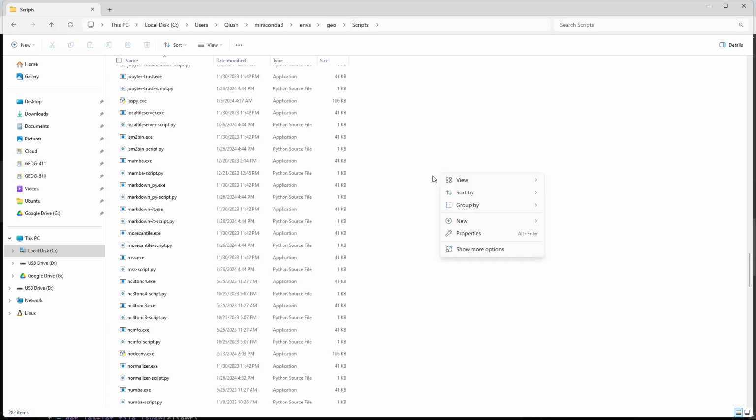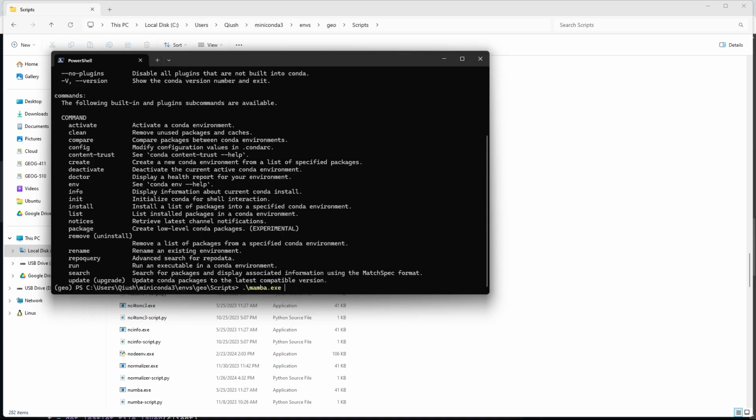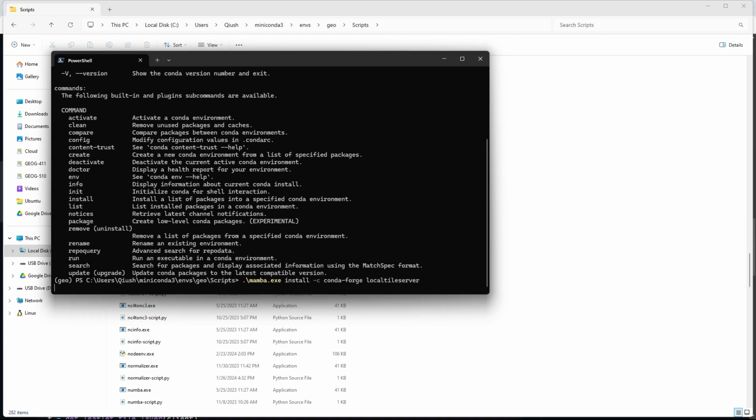So I will need to come here, open my terminal, and do the same thing. Again, if you haven't installed conda, activate geo, and for me it will be this mamba.exe, this one should work. Then mamba install -c conda-forge localtileserver. You just type mamba install localtileserver, and from the conda-forge channel you should be able to install